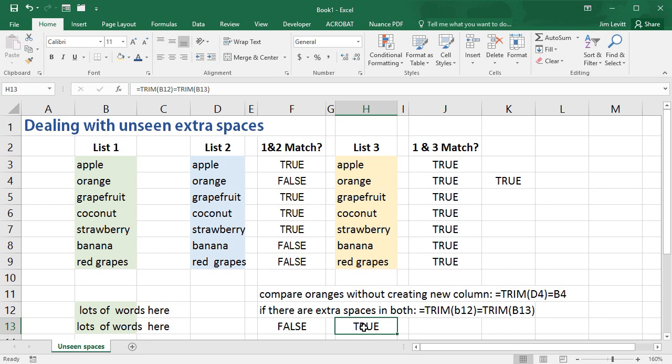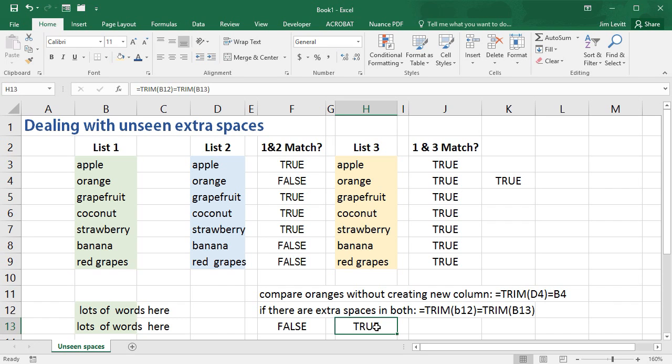Now, none of these formulas give you accurate comparisons of the corrected version, if you will, of both text strings, but it doesn't change them. To change them, you have to use the trim function, either copy and replace them or do something on that order. But if you want to see basically are all the words the same,